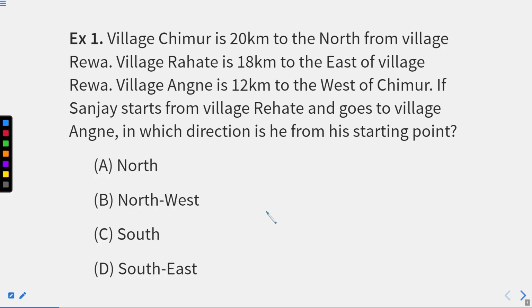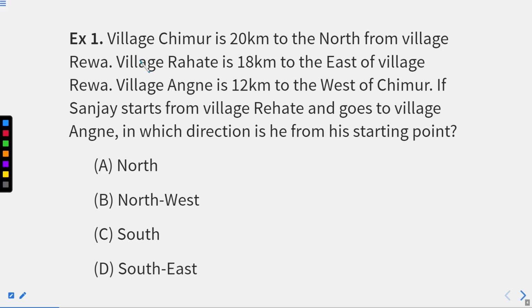For every question, for the total 10 questions, my friend, we are going to read the question properly and make a diagram out of it, so that we are able to find out from where we started and where we stop. That is our initial point and our final point, right?